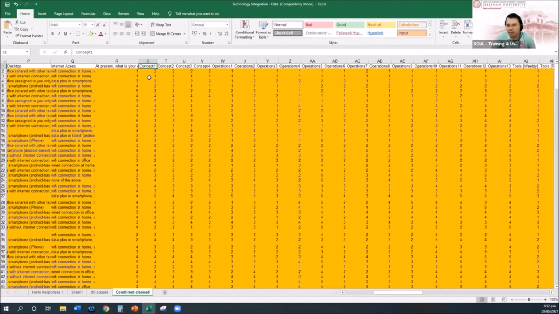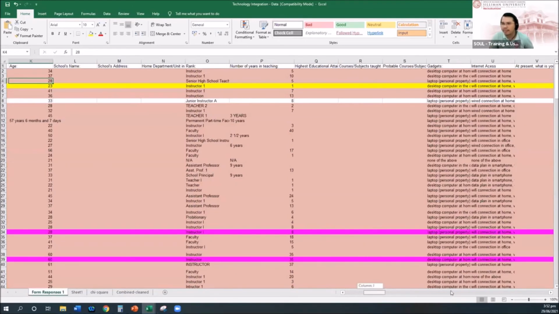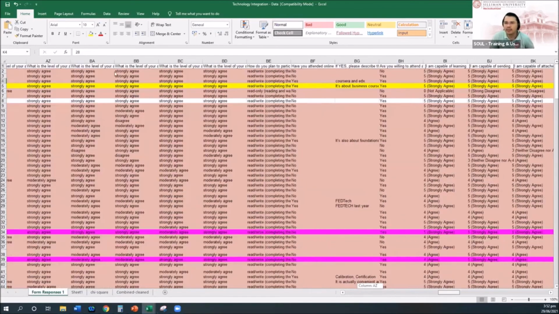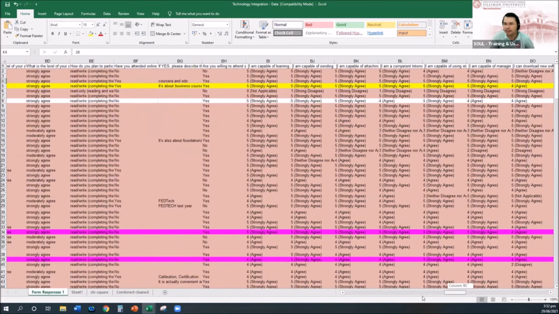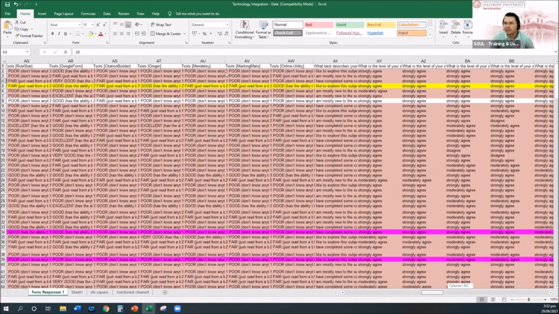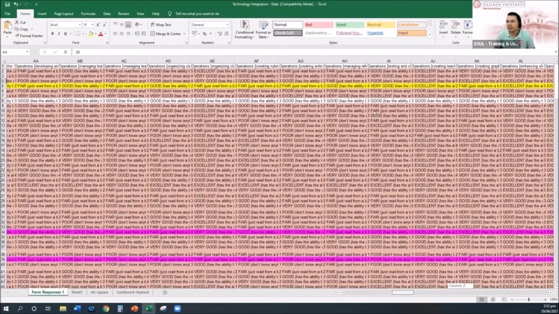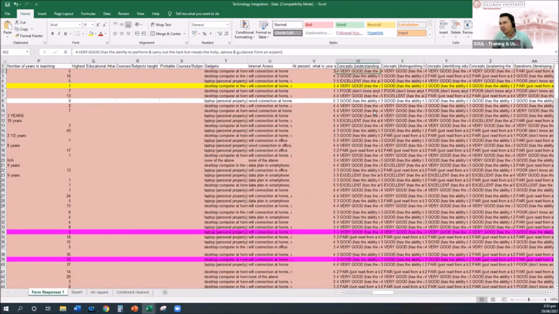Let's say this is 1, 2, 3. Let me check the responses here. Okay, so this is actually the first one. So at present, this is concept 1, concept 2, concept 3. So 4 for very good, 3 for good, 5 for excellent,